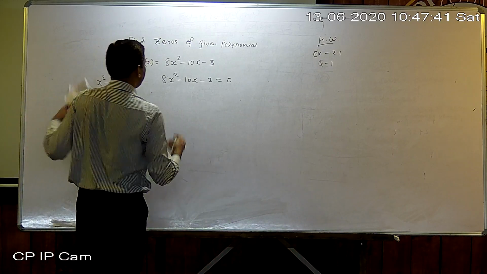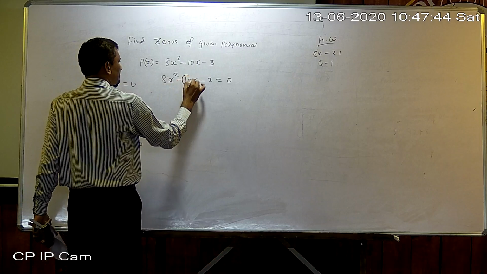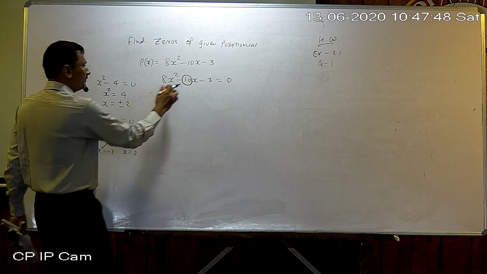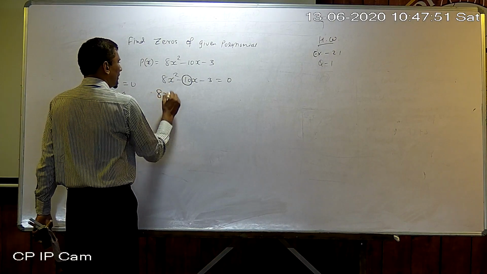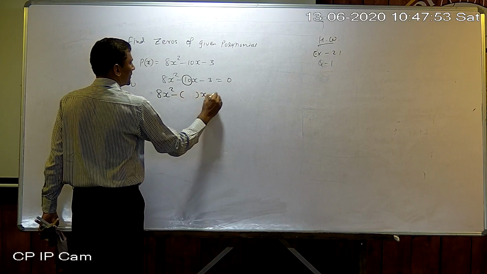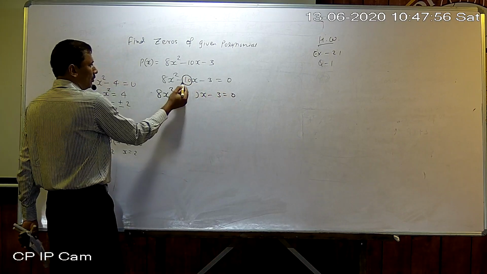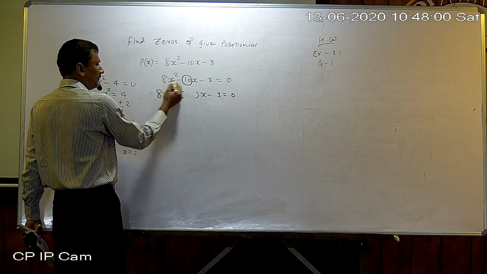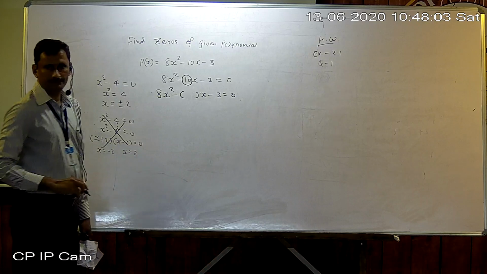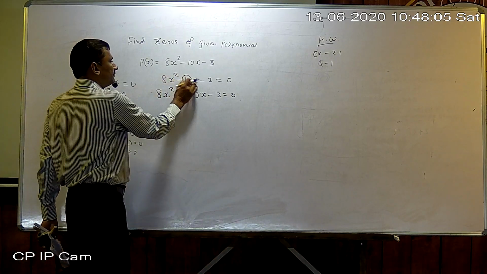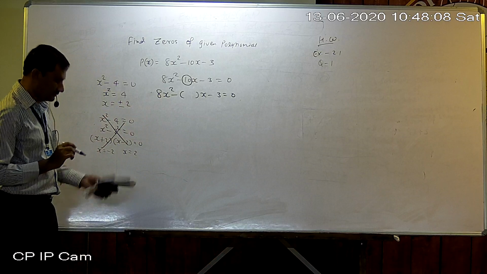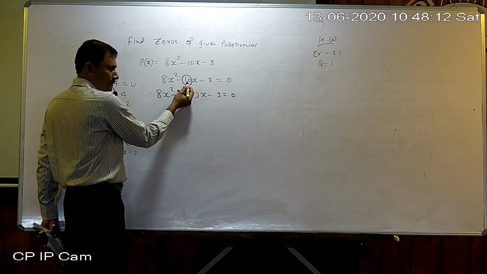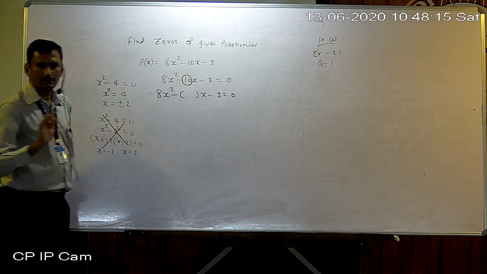Okay, first rule. First of all, instead of the numerical value of the middle term coefficient, write down a blank bracket. Everything else is copied. Only in place of the numerical value, the sign is also kept. So everything is copied instead of 10. If nothing is there, then understand 1 is there. Okay, so that is our first rule. Instead of the numerical value of the middle term coefficient, write down a blank bracket.